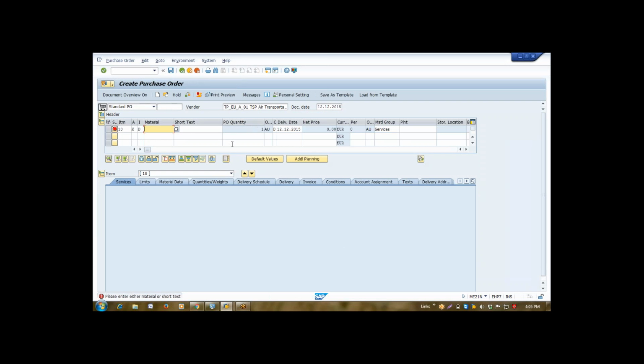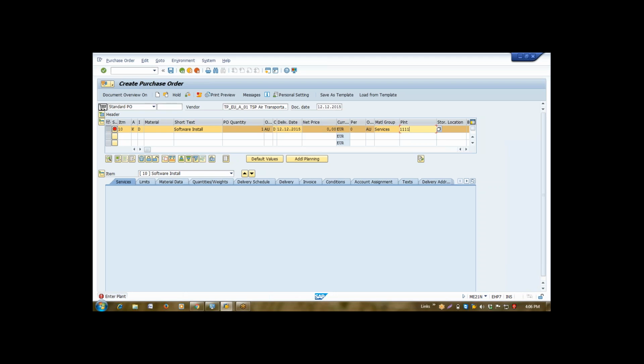The system will always show this first line with quantity as one, and its unit will be activity unit. It means that it is for the complete activity. However, you can drill down further. You can either enter your material master directly or you can enter your short text. So I entered my short text. Now the system is asking me, whenever you create anything, we have to assign a plant for which I'm going to do this transaction. So I assign my plant.